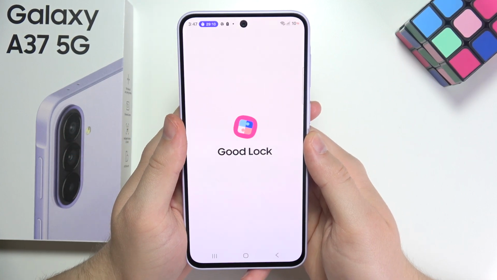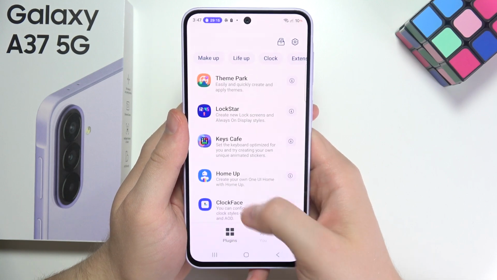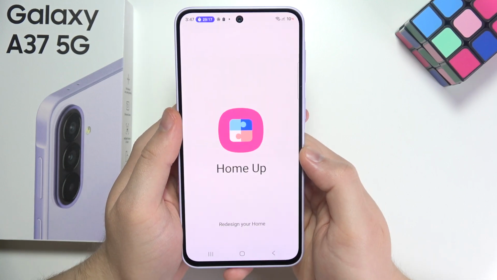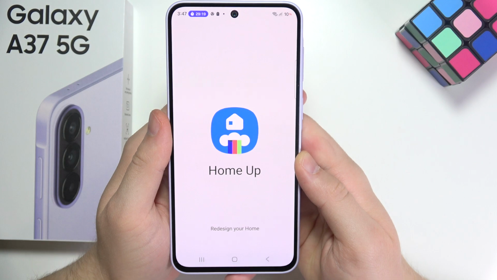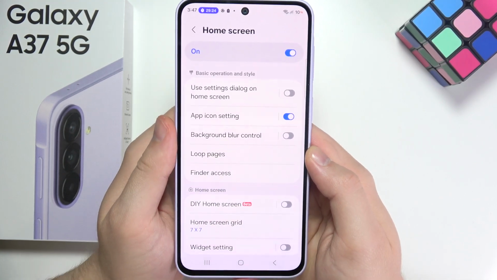download, open, and now we have to wait for the loading screen for just a few seconds, and now we have to get the Home Up plugin. When you have downloaded this and opened it, we can now enable the home screen, click on it, and select this one,